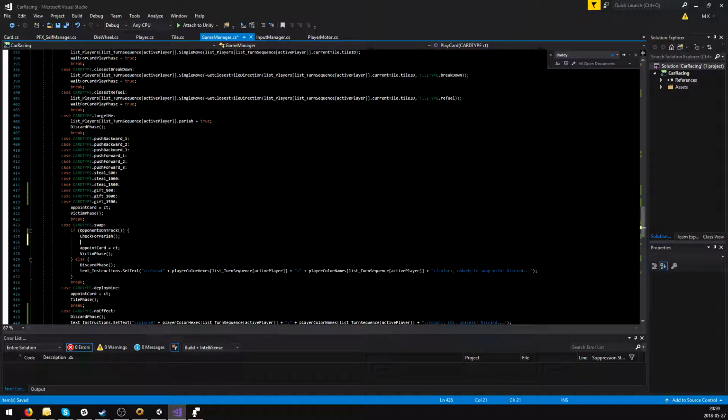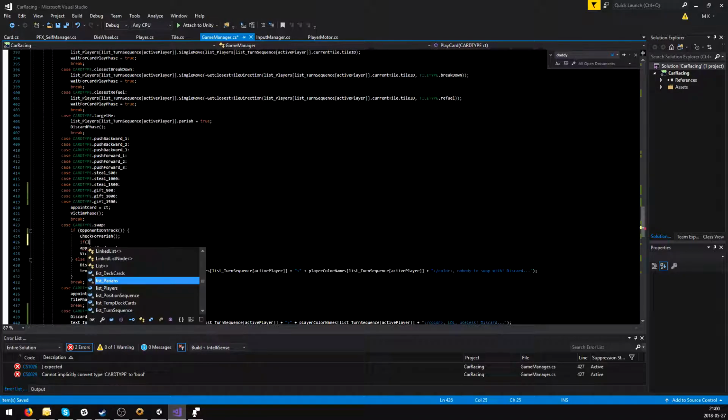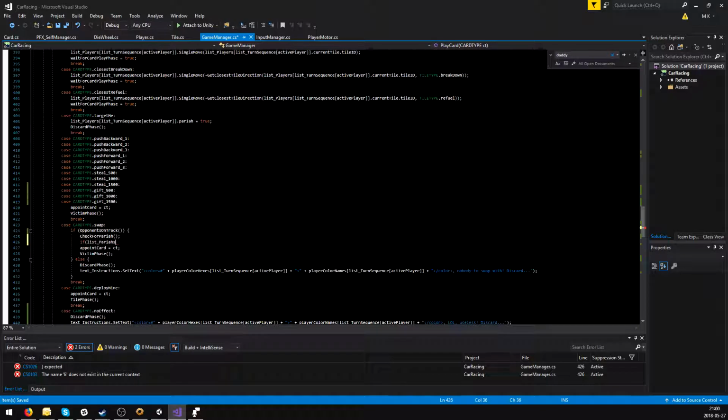Right, so notice how this is a bool function, so it will return a bool. But because we are not asking it anything, it will simply return, and it won't matter that it returned anything. We don't care. What matters to us is that it populated that list. Now we can go and check that list. Okay, so you go if, open round, list pariahs dot count equals 1 and list pariahs dot contains, open round